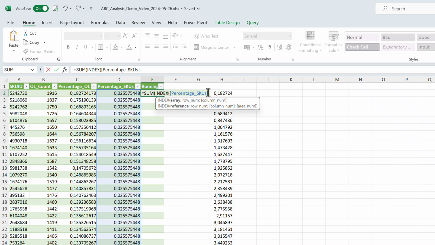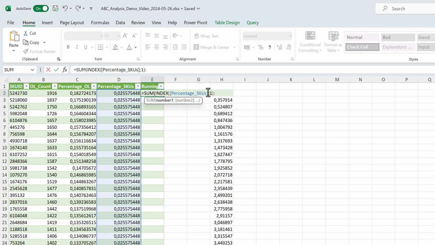Then I want to take the first value from that array, so first row, and then that is our index function. I close the index function, and now I need the second parameter for the sum function, so colon,